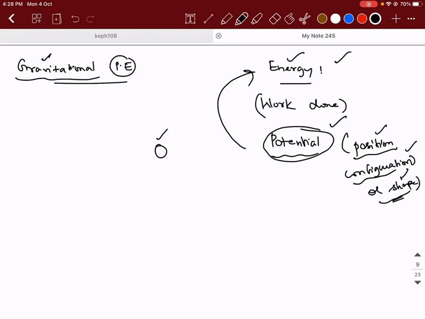So to be more specific, the gravitational force I'm trying to talk about is due to Earth. I'm not concerned about any other planet as of now. I'm going to talk only about the gravitational potential energy of an object with respect to Earth. Am I clear, Raghav? Did you understand? Fine, sir. Right? Now there are certain important questions that we need to answer.